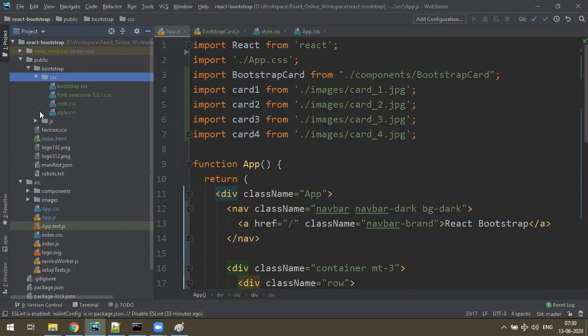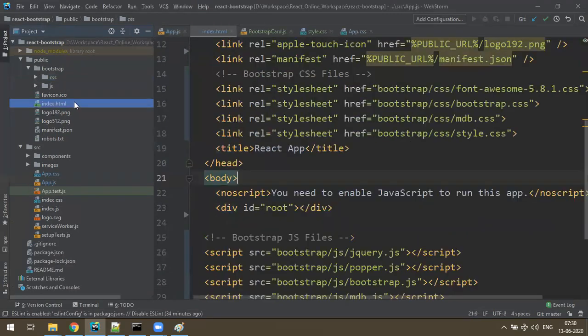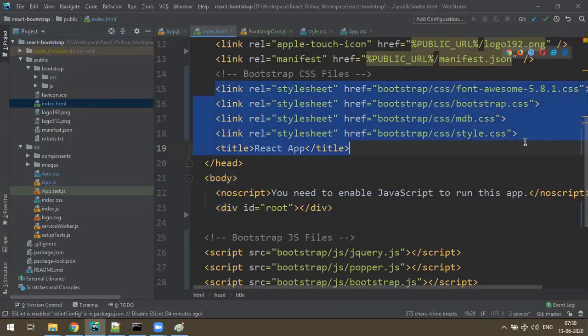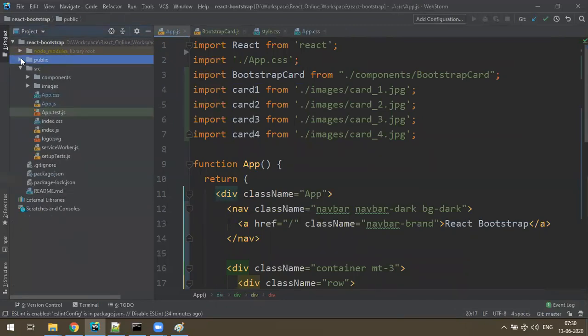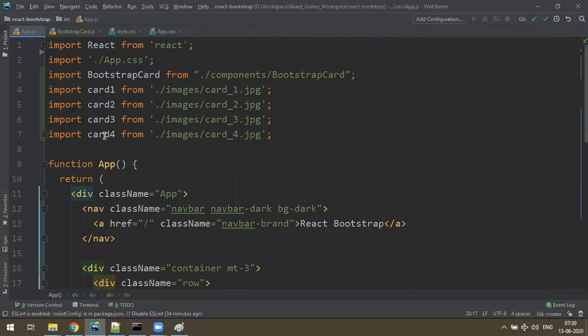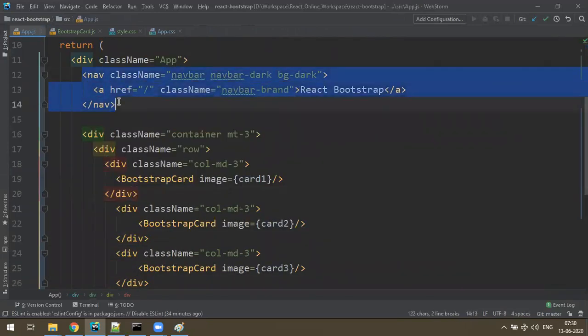So CSS keep it here and JS keep it here, and you have to connect them in index.html. For safe side, once you have connected, you just have to restart your Node.js application. And once this setup is done, you can start using Bootstrap in any of your components. So what I have done is, in my app, I made a Bootstrap navbar and Bootstrap cards and everything.